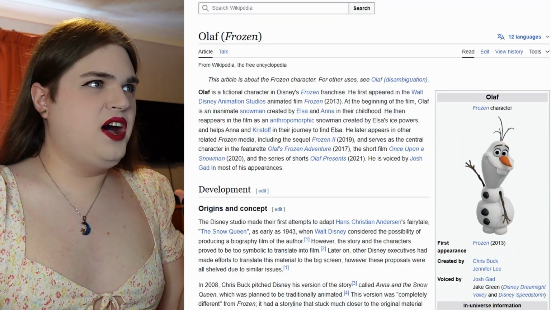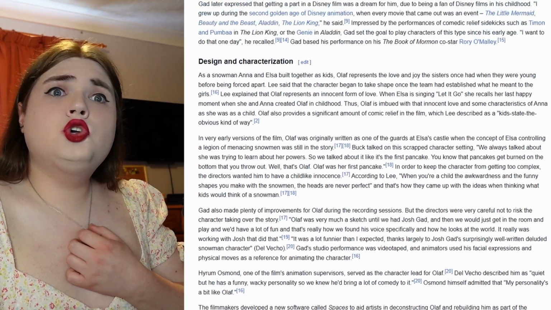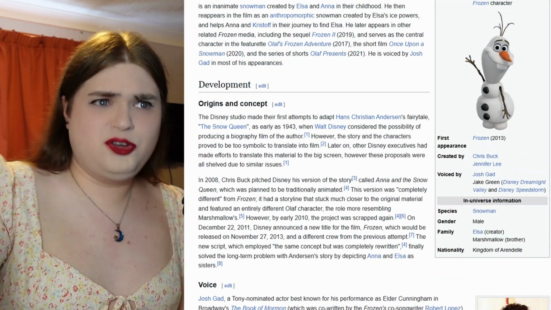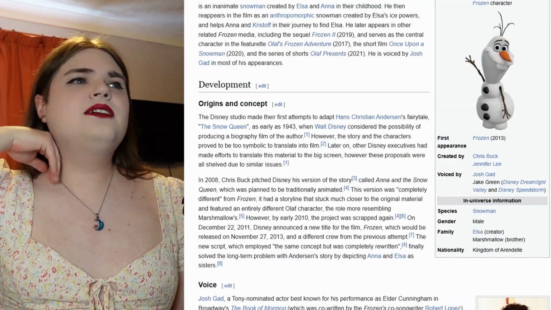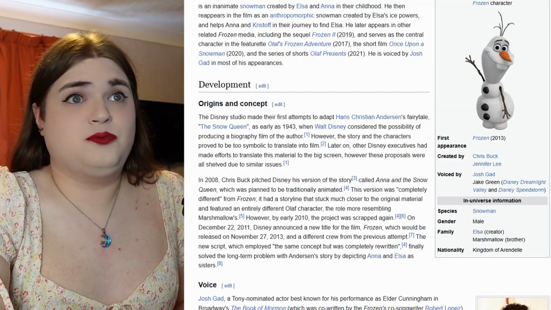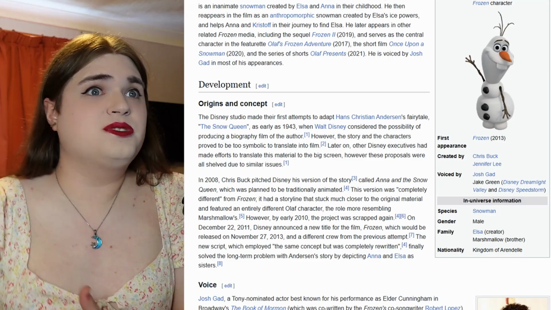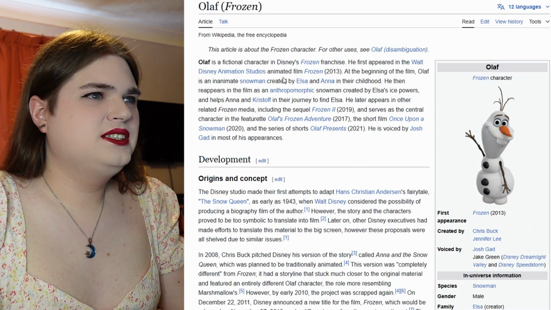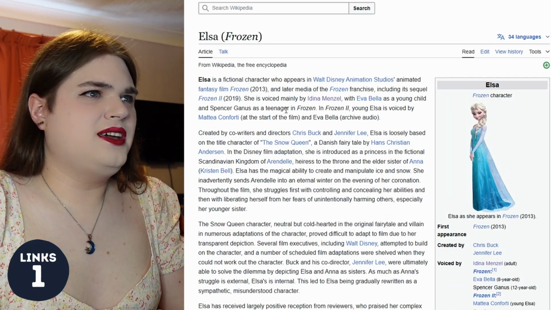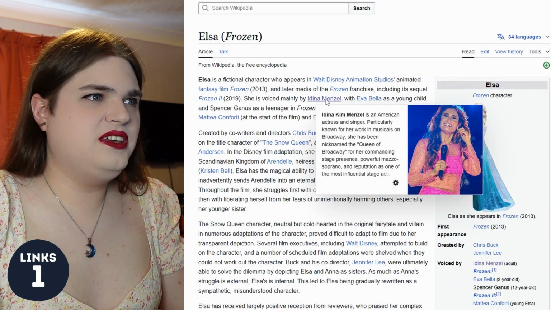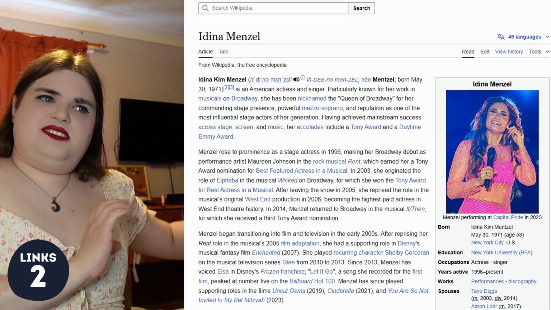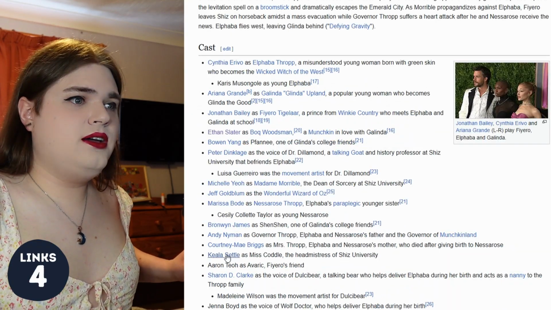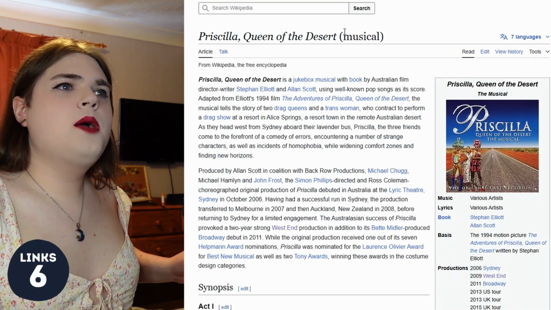Okay, I see some possible pathways. I could maybe go with Idina. I know it's taking us some very similar links to where we've been before, but I could go with Idina, try and get to Kyla from there. That's with the hope that Kyla Settle's Wikipedia page has some kind of reference to Priscilla. I think that might be the way, if I try and get to Idina Menzel. Yeah, let's go to Elsa. Let's go to Idina Menzel. Then I'm into more of the Wicked side of things here. Wicked, this one's going to be a bit longer. Wicked film, Kyla Settle, Broadway, Priscilla, Queen of the Desert.